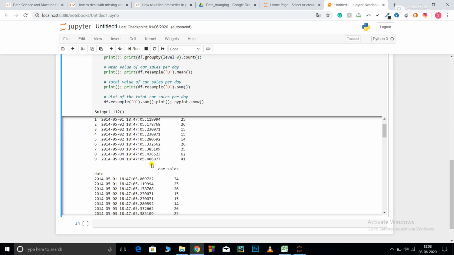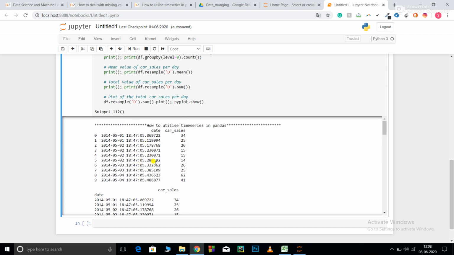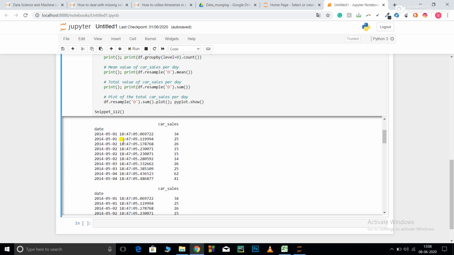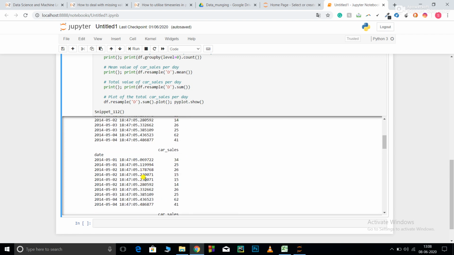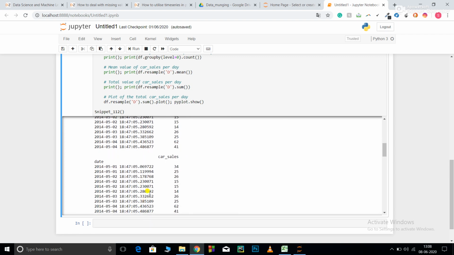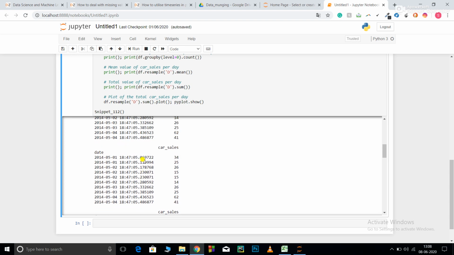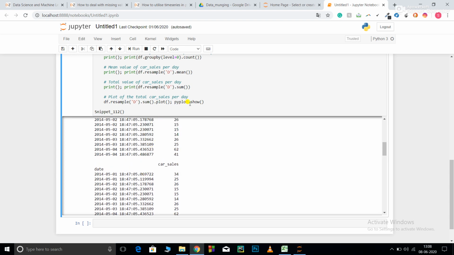Now you can see the initial data frame. I timestamped it and converted it into a time series. Now you can see both of these are the same, as I told you, because all of those values are from May 2014.